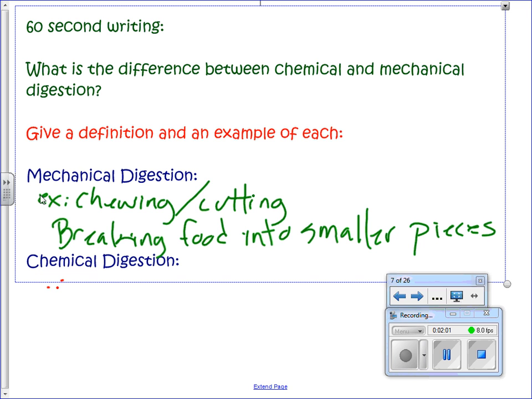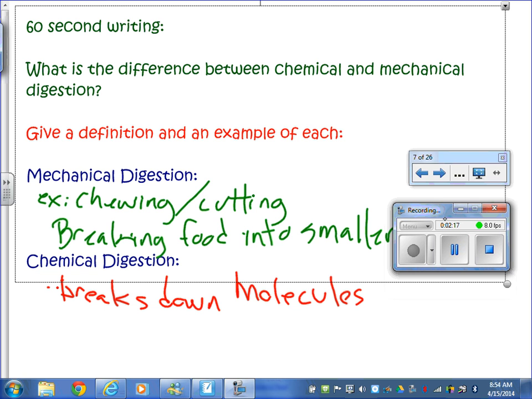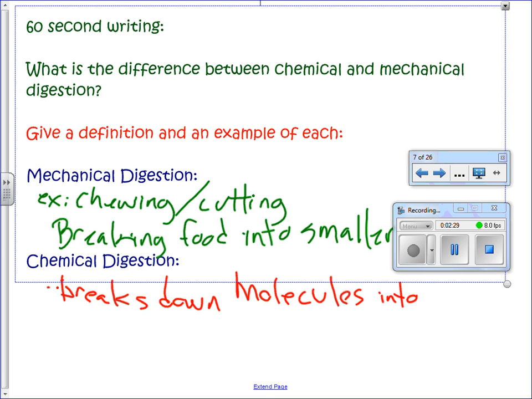Yes. Good. Good. So it's actually breaking down the molecules into smaller molecules that your body can absorb. And this is a chemical change. Again, in 6th grade, physical change, chemical change. This is a chemical change or a chemical reaction. So it breaks down molecules into smaller molecules